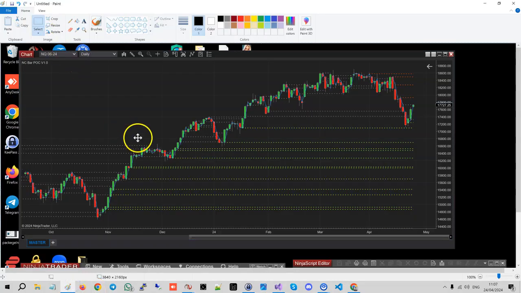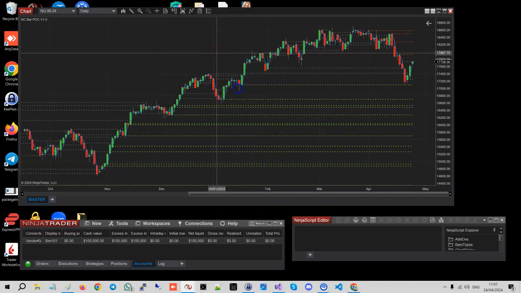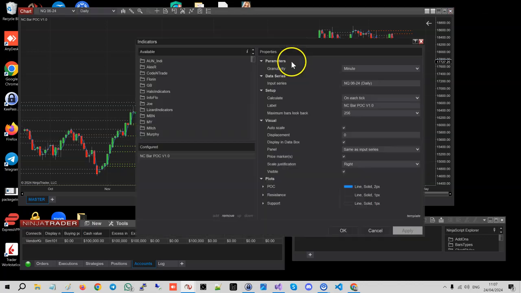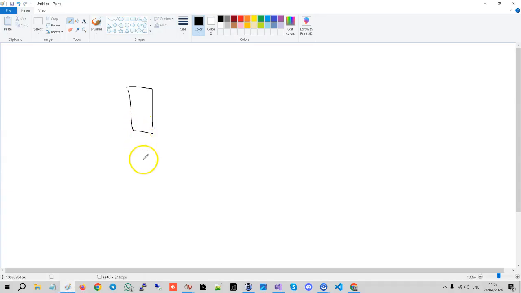Point of control is basically when we look inside the bar, and we can look with different granularity, but this indicator has two granularities, so it's either minute or tick. Now, if we talk about ticks, then obviously this bar, before it formed, had some ticks inside,